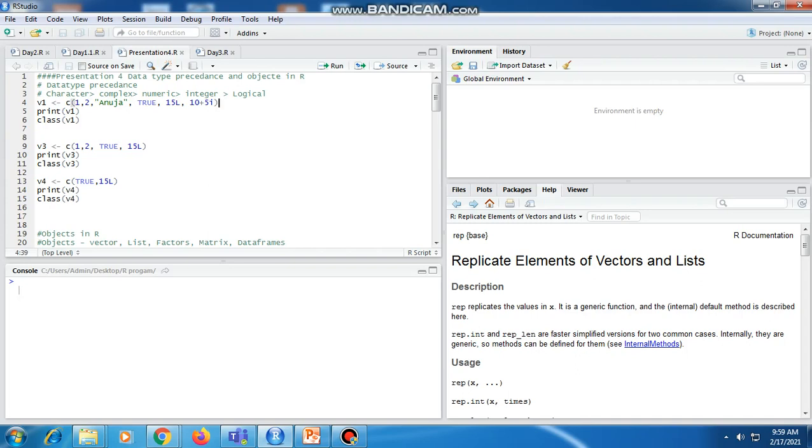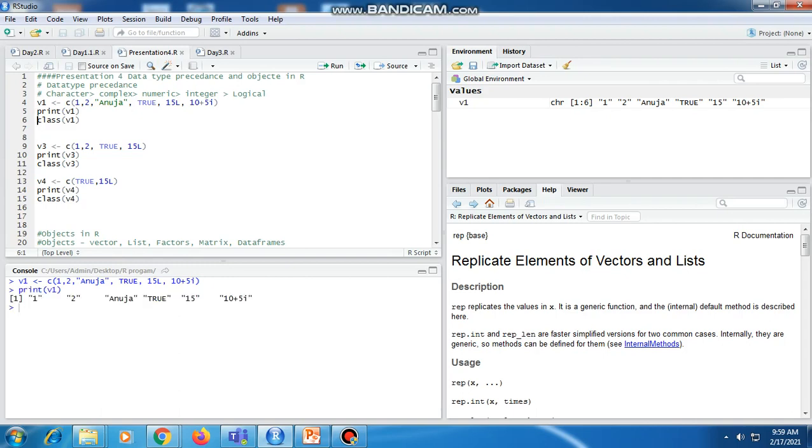By executing this c function, these values like 1, 2, Anuja and so on get assigned to variable v1. Then print v1, it prints the values which are there in v1. Whatever we gave in the function c becomes the value of v1.